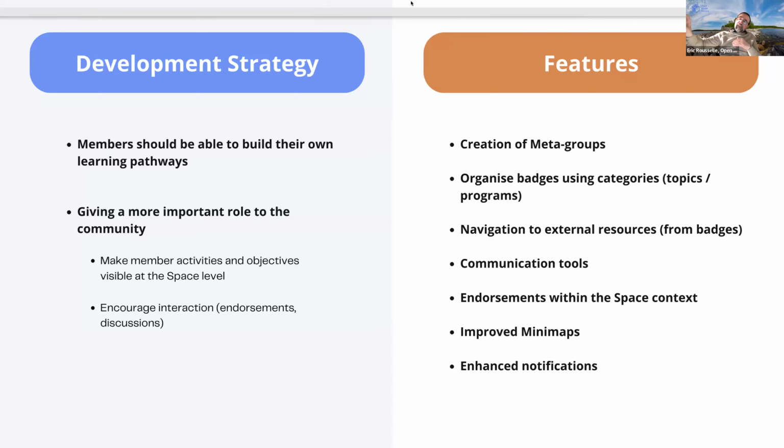So the meta group is a group where you can pick different groups inside it and set up rules on how the learners progress from one group to another. There are different kinds of rules here. It's a bit technical, sorry.